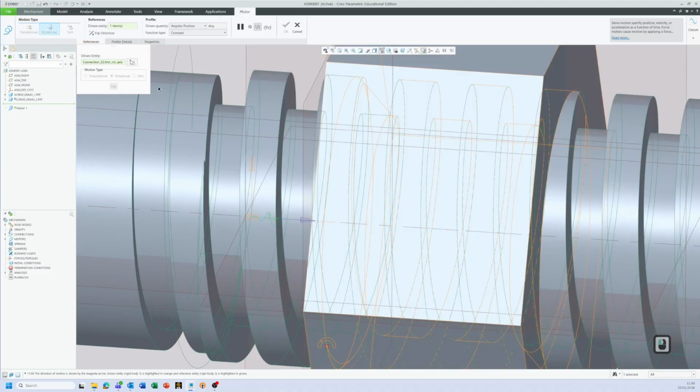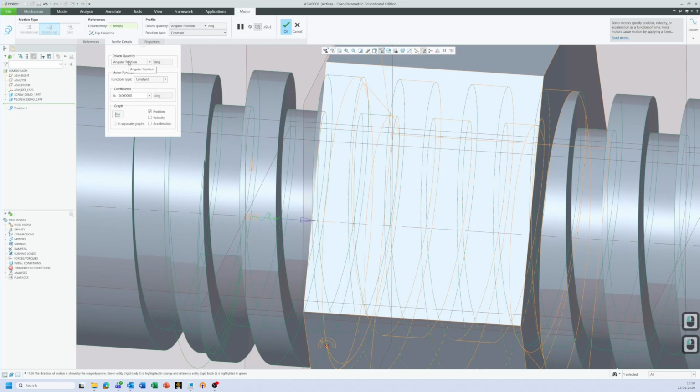So click on that. Go to Profile Details. I'm going to change the driven quantity to angular velocity. Put 360 for the coefficient, so that means it will go around one rotation every second. So I've got the motor in,